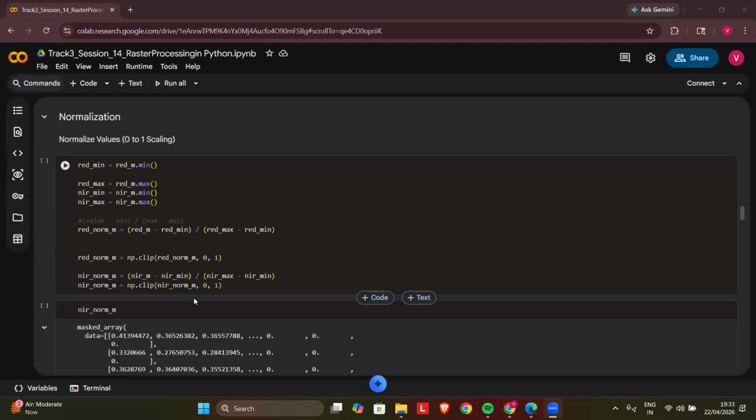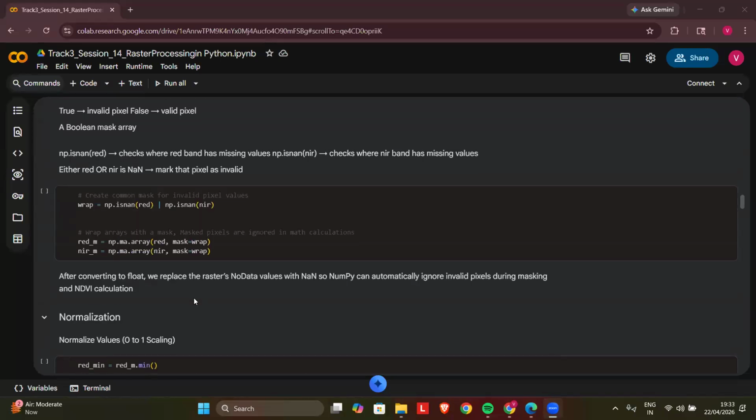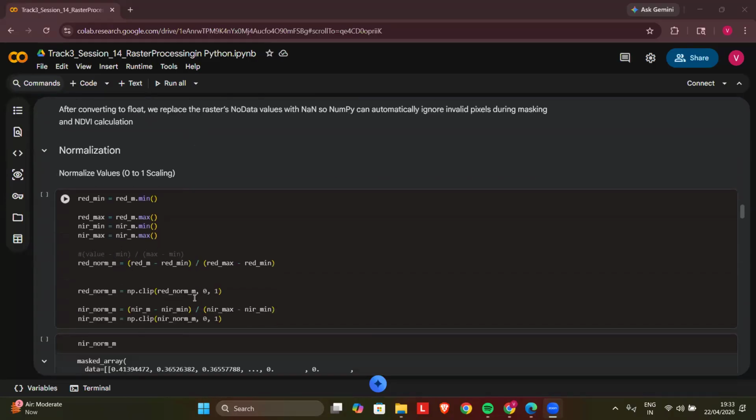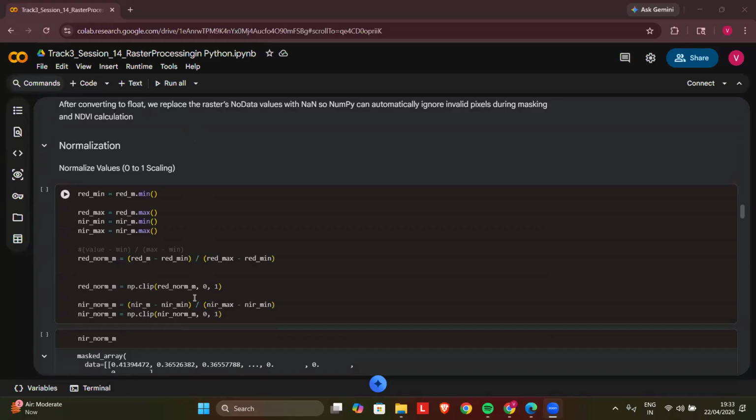Okay, so we will continue with the same session of raster processing in Python. We did a few pre-processing steps of cleaning with the no data and masking and then reading the data. Once that part is done, there is one more pre-processing step that we usually do when we are doing indices calculation, which is called normalization. Why we do normalization is because